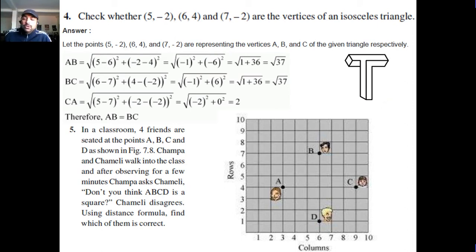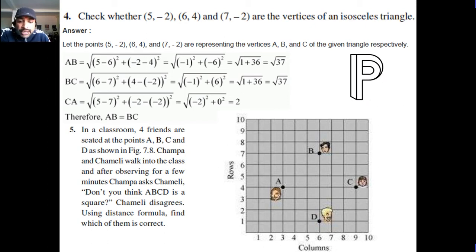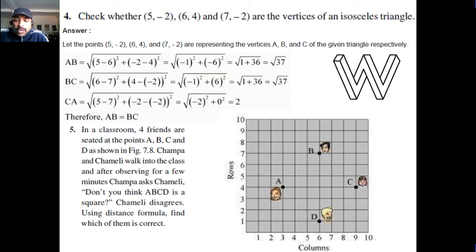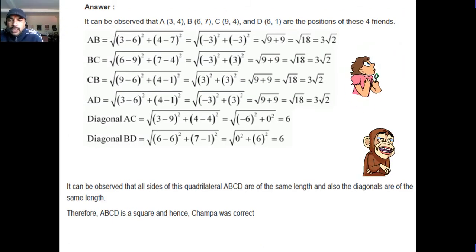Fifth, in a classroom, 4 friends are seated at points A, B, C and D as shown in figure 7.8. Champa and Chameli walk into the class, and after observing for a few minutes, Champa asks Chameli, "Don't you think ABCD is a square?" Chameli disagrees. Using the distance formula, find which of them is correct. Answer. It can be observed that A is (3, 4), B (6, 7), C (9, 4) and D (6, 1)